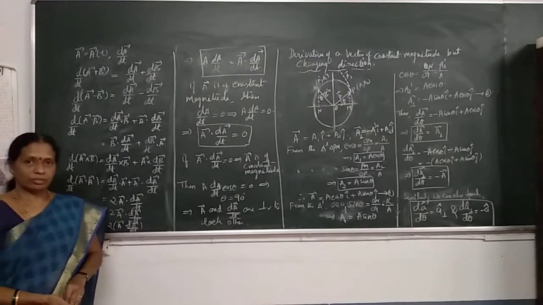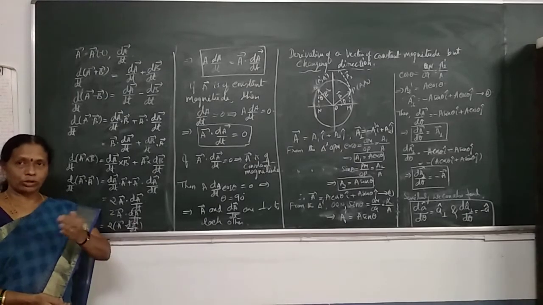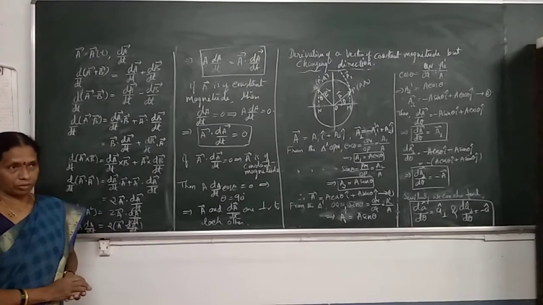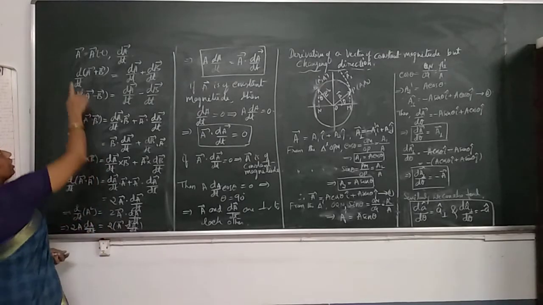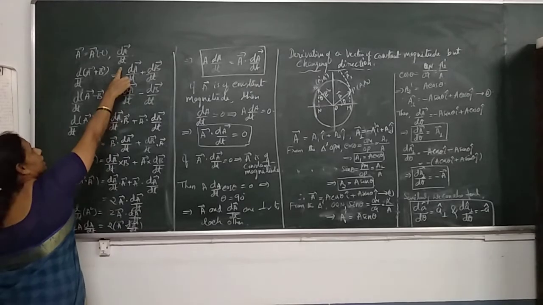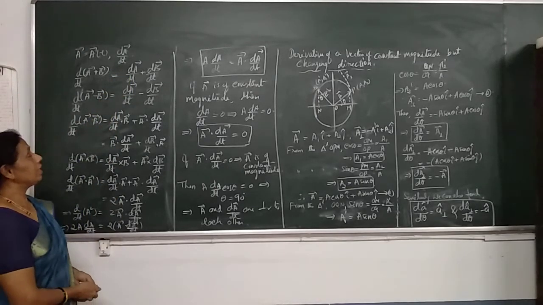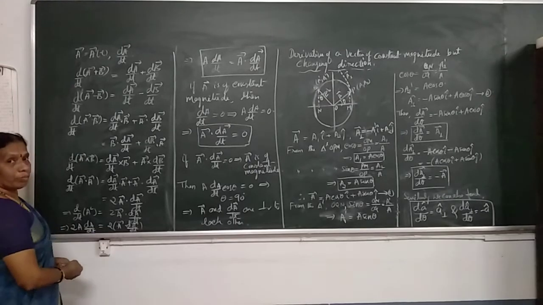If the given vector is a function of a scalar, then the rate of variation of that vector with respect to that scalar is called the derivative. In general, for any vector A, if it is a function of the scalar, say t, then dA vector by dt represents the derivative of that vector. And there are some properties